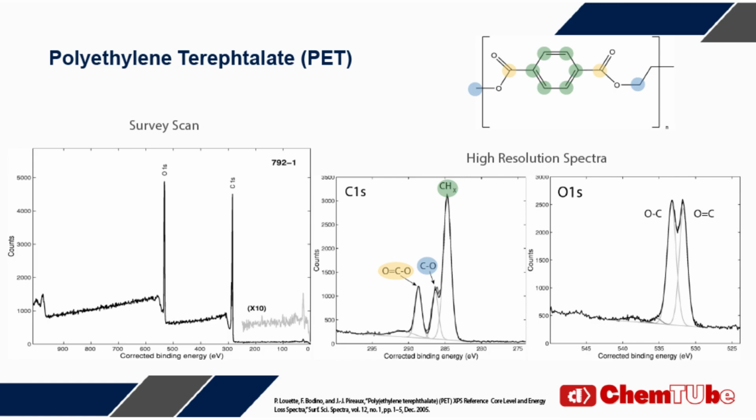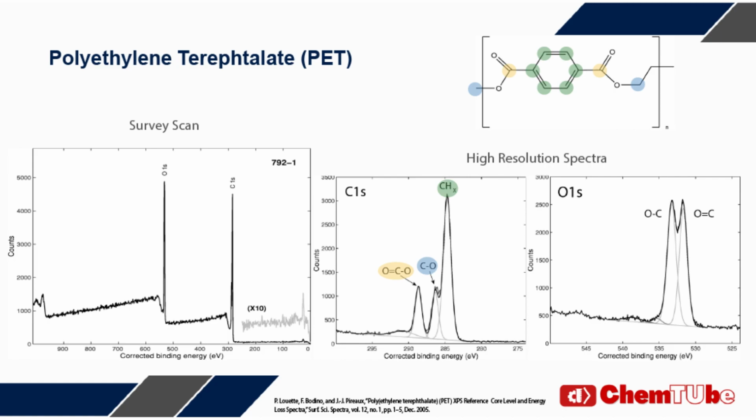The scanning survey scans all the binding energies from 0 to 1300 electron volts. High-resolution XPS spectra can also be obtained and give information on the different contributions of an overall peak in the survey scan. These different contributions are caused by chemical shifts, which is defined as emitted photoelectrons being affected by neighboring chemical environments, such as specific bond types. As such, the high-resolution spectrum gives information on the types of bond that the elements in the sample have.